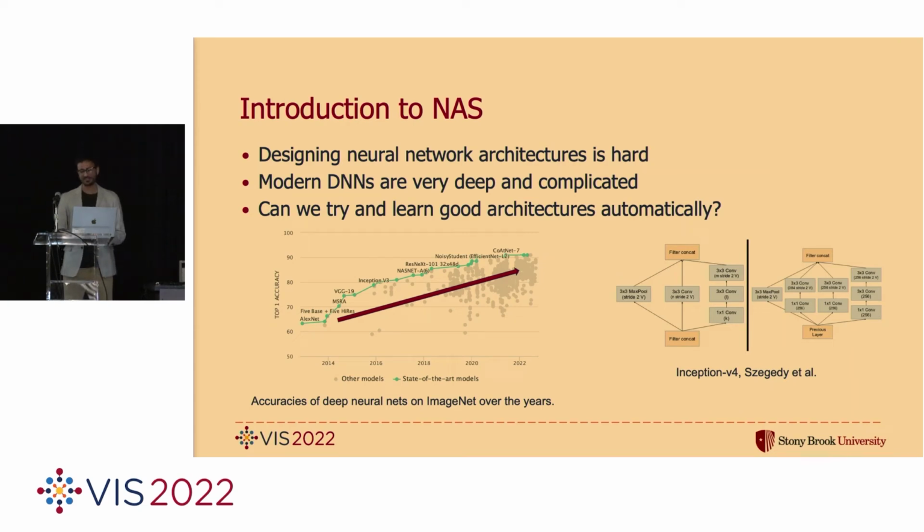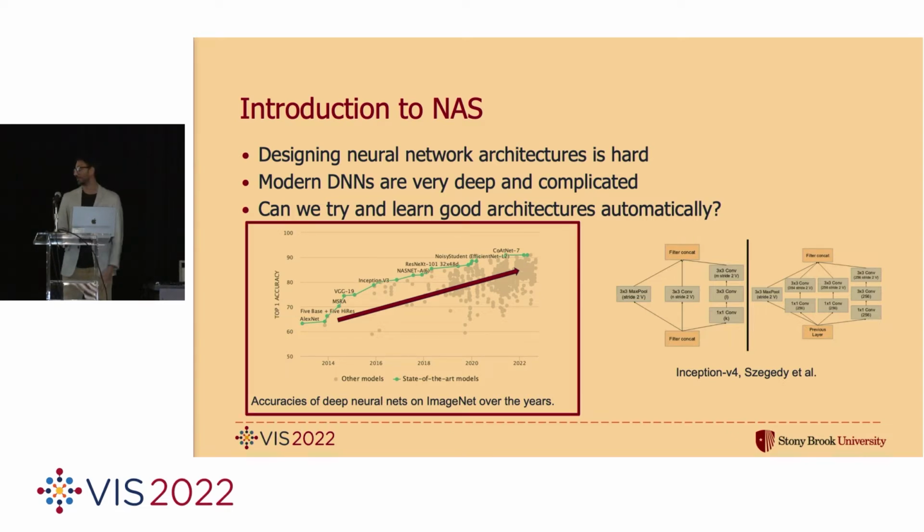So why do we need neural network architecture search? The problem is designing a neural network is hard. However, if you can get it right, the perks of getting the right neural network are really good. As we can see in this image, the accuracy on the ImageNet dataset over all these years with deep neural networks has been increasing because deep learning has been very successful. And this is an effort by so many experts in deep learning, and they've worked so hard to design these neural networks. The problem is that designing these networks manually is very expensive, and NAS basically wants to automate this